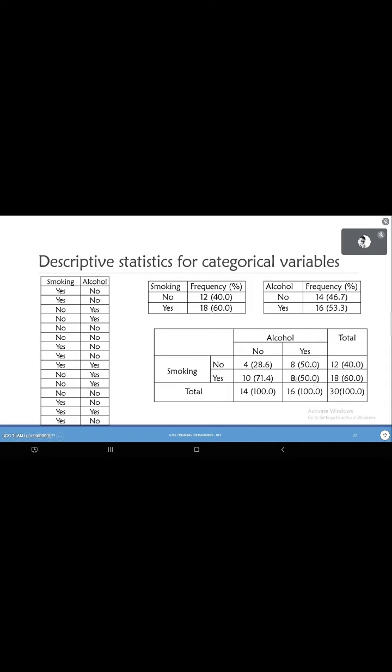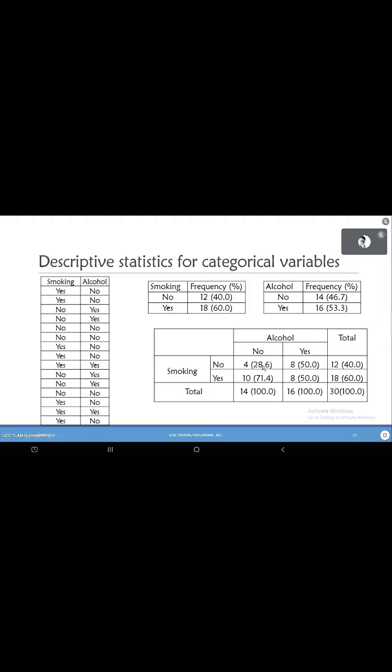Yes, exactly. So these are the people you can see, because it's corresponding to yes for alcohol and yes for smoking. So 50% of them said yes for both. What percentage of them do not consume alcohol but smoke? What is the answer? 71.4. Yes, very good. 71.4, because you can see it corresponds to no for alcohol but yes for smoking.